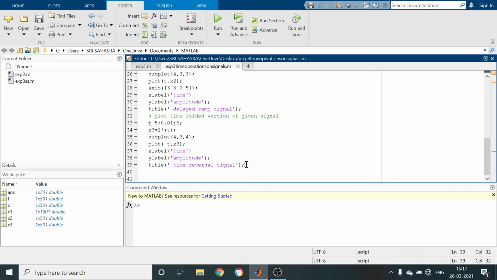Next thing is time compression. This is compressed version of the given signal and expanded version. For that one, in order to understand clearly, I am going to take a rectangular pulse here. Generate, otherwise amplitude time scaling. Plot time scaling of rectangular pulse.